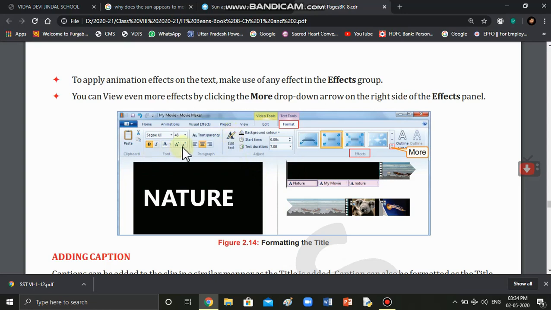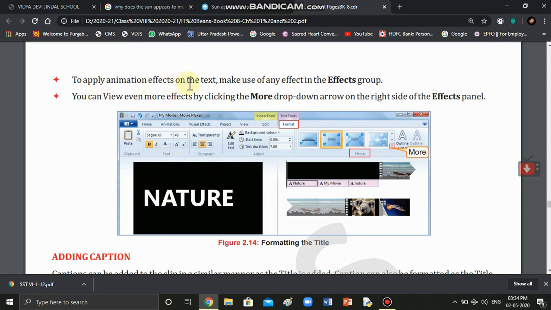You can change the font from here, font properties, and this is your background color. They have taken it as black, so it is black. Start time 0 seconds, text duration is 7 seconds. It means nature will be displayed for 7 seconds in this movie.